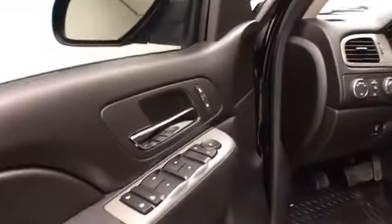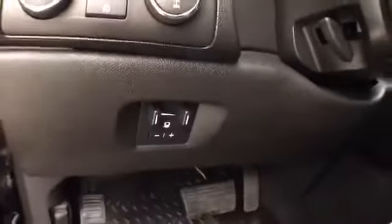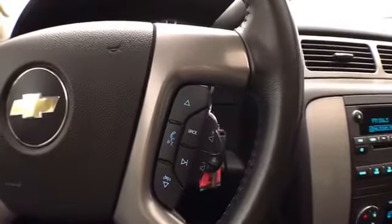This LT has keyless entry with remote start, power windows, locks, mirrors, heated front seats, power seats, power moonroof, shift on the fly 4-wheel drive with auto setting, integrated trailer brake control, easy to read gauges, just turned 55,000 miles, temperature and compass display in the dash, tilt wheel, cruise control, steering wheel mounted audio controls so you can keep your hands on the wheel, Bluetooth connectivity for hands-free phone use,